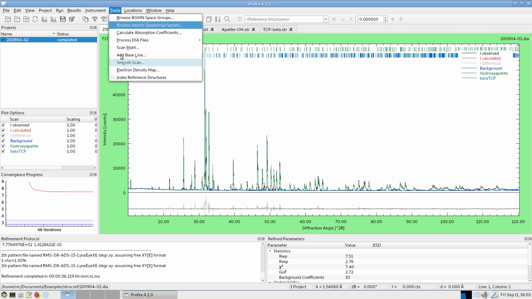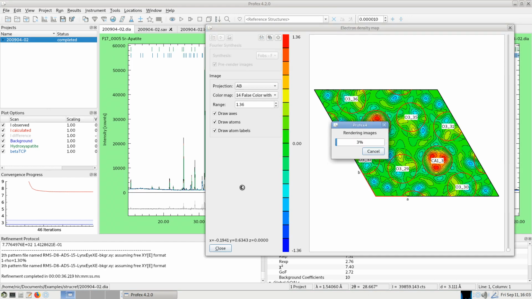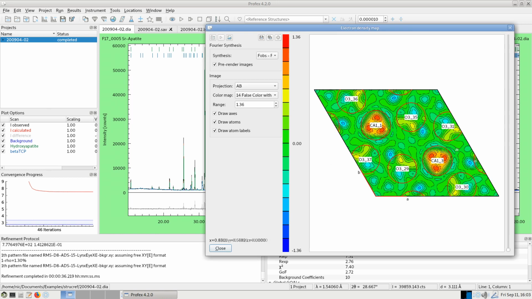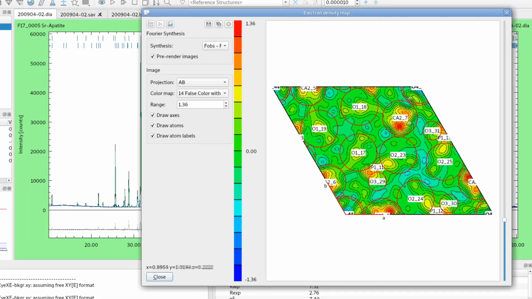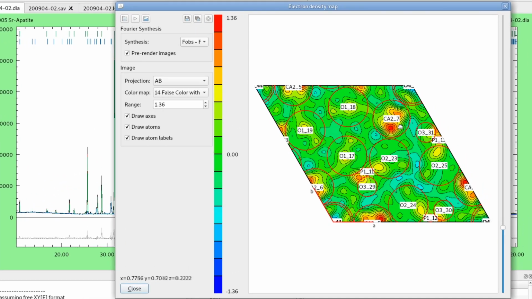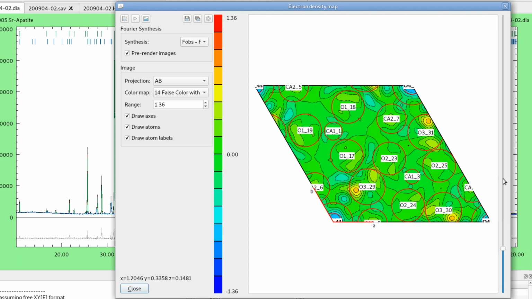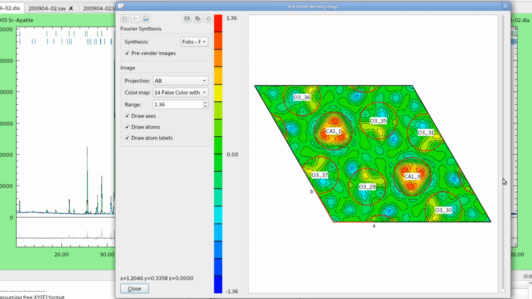Let's regenerate the map. Now it's actually worse than it was before. The range is larger than what we had before. And there's not that much improvement on the calcium 2 and neither on the calcium 1 side. So maybe if we look at it from another direction,